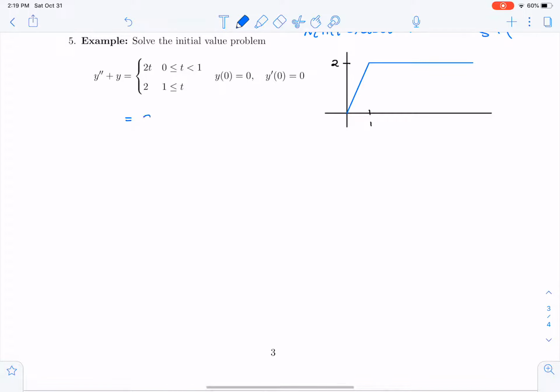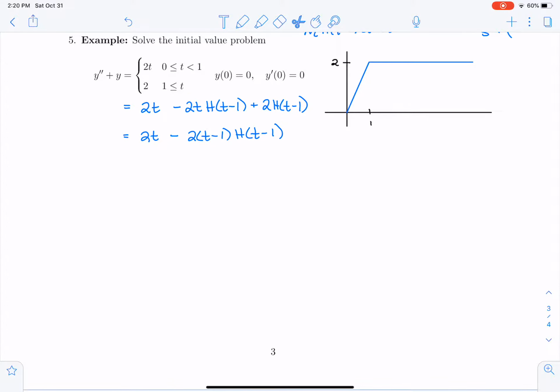So it starts as 2t, but then what we're going to do is turn off the function 2t starting at t equals 1. And instead, we're going to turn on the forcing function just 2 at t equals 1. Now, if we do some factoring, we can see that this is 2t minus 2 times t minus 1 times the Heaviside function at t equals 1. And so by rewriting the right-hand side like this, we can start looking at taking Laplace transforms